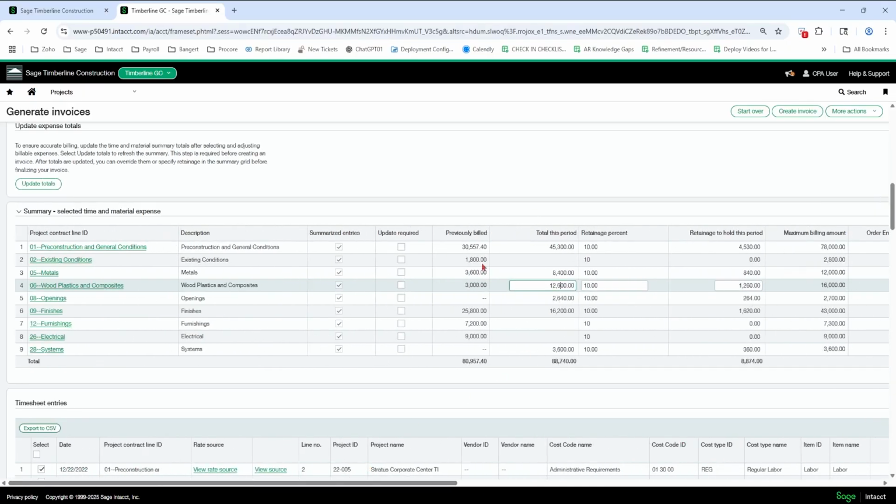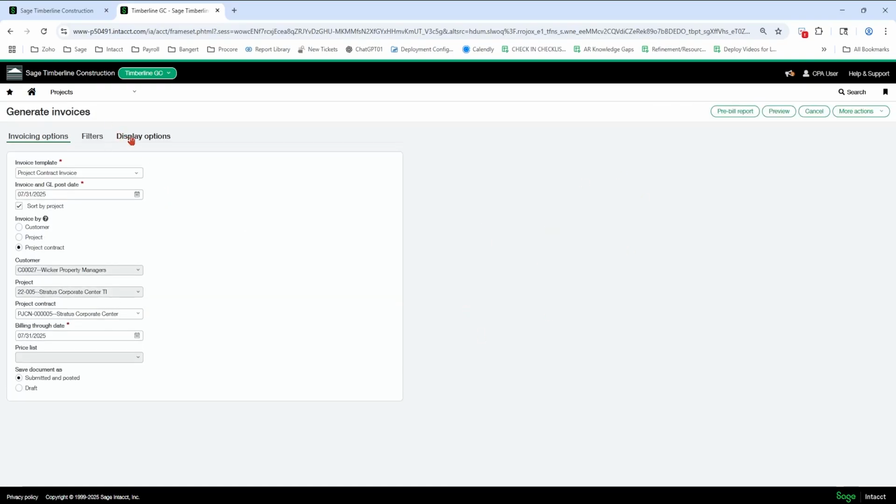So if you use time and material summarized and you want to spit these amounts out on the AIA automatically, you cannot use stored materials as an option. You have to do progress bill then and type the amounts in on the AIA. Okay, so I wanted to clarify and make sure that you know that stored materials is not an option.